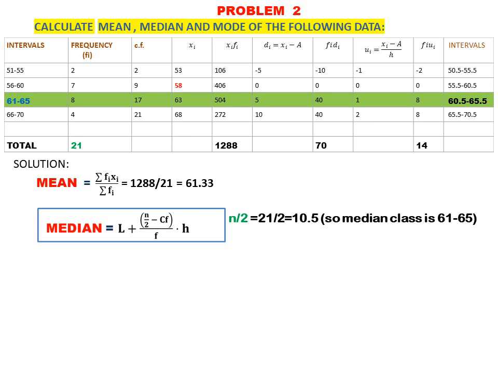So you can see 10.5 will come in this green line, that is 17, where 17 is written, right? So 10.5 will be included in this CF, because the CF before this is 9, so it's up till 9 numbers. The next 10th number will come in the next CF, so 10.5 will appear in this 17. Therefore the corresponding interval, that is 61 to 65, or you can say 60.5 to 65.5,